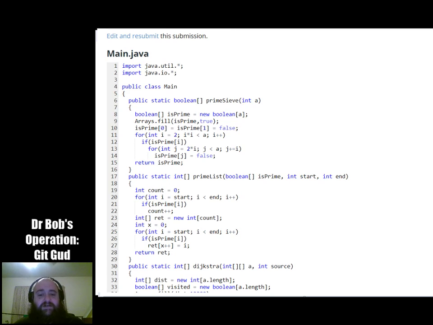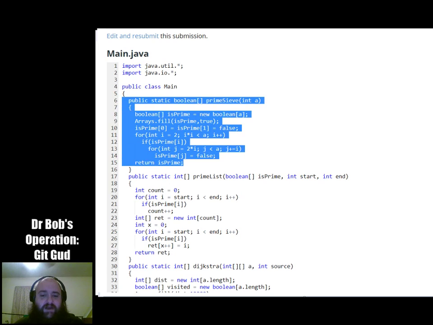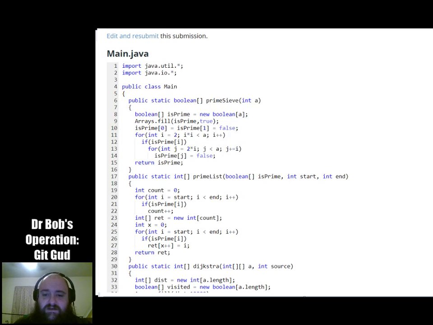So what I did is I created the ever so lovely prime_sieve function. This is using what's called the sieve of Eratosthenes. It's a quadratic algorithm, and it's not terrible for finding primes.